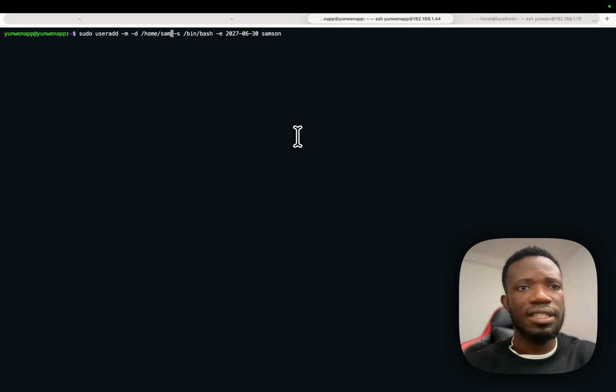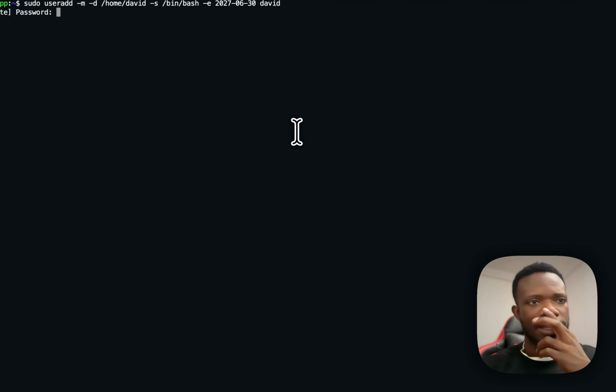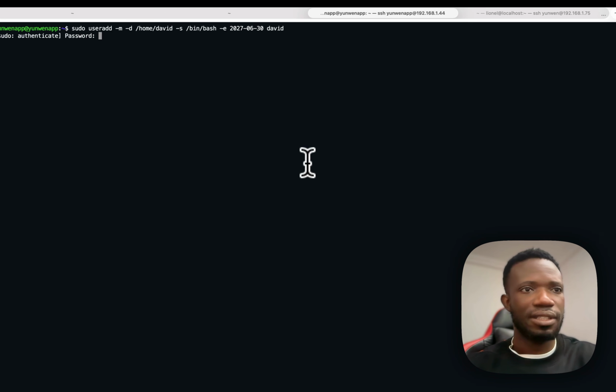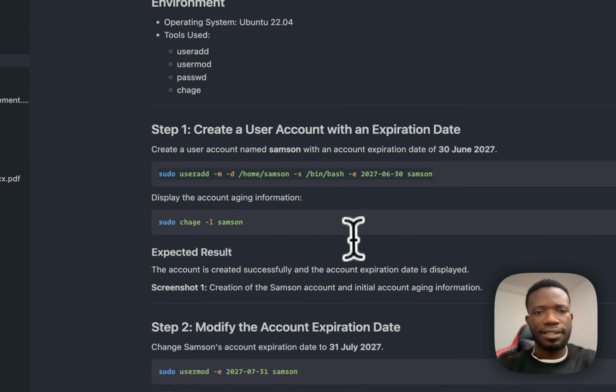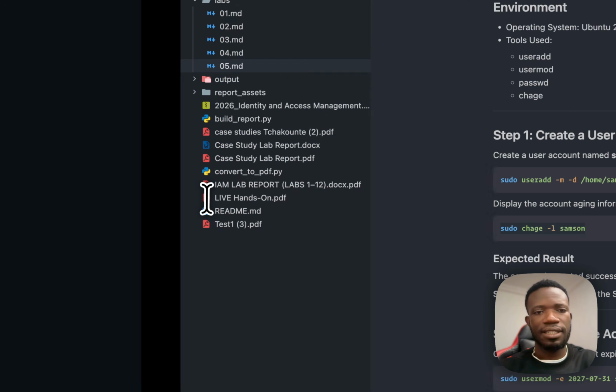So if I change this to David and change this expiration to David, so I have to authenticate as admin here, and voila. So I can check this now,